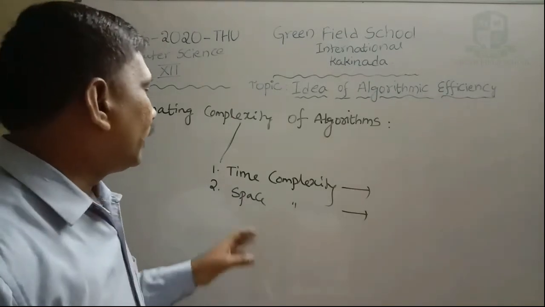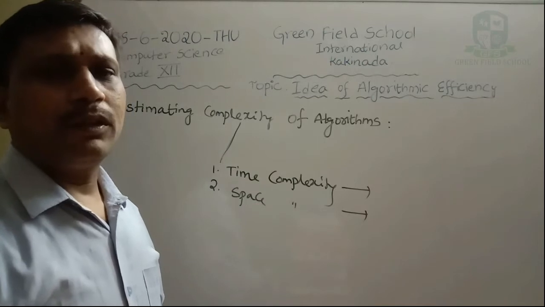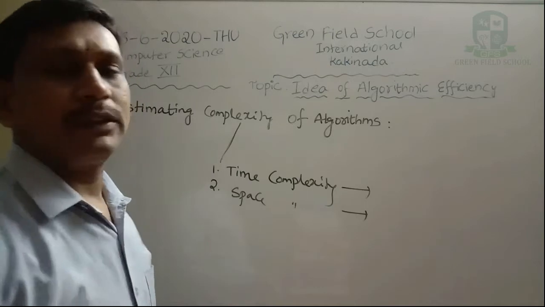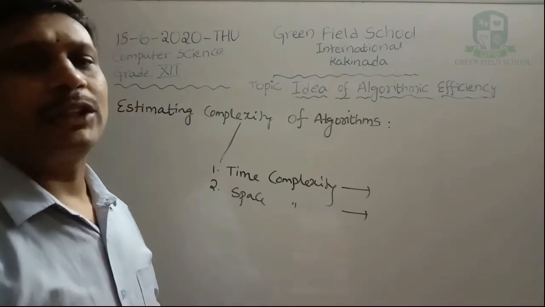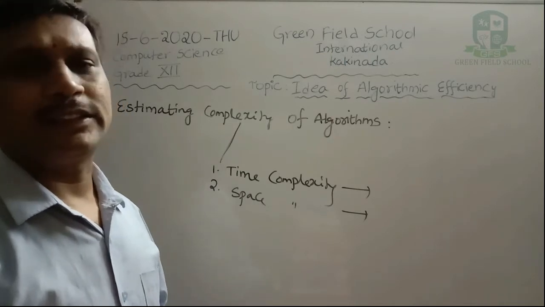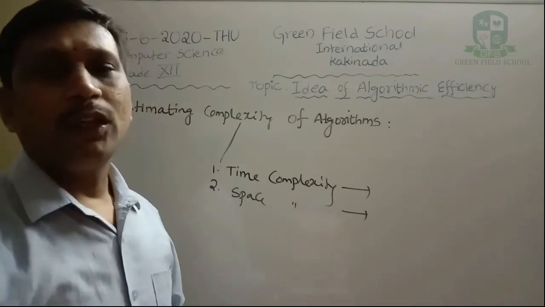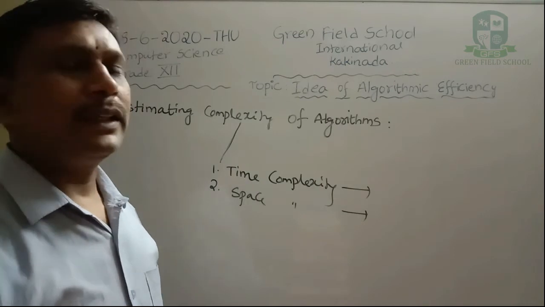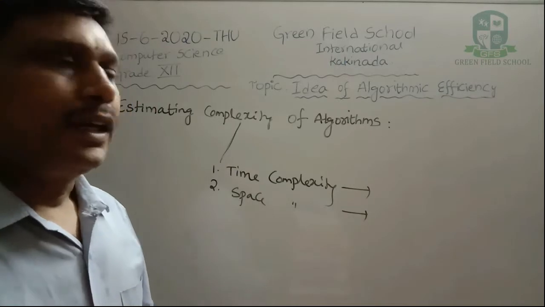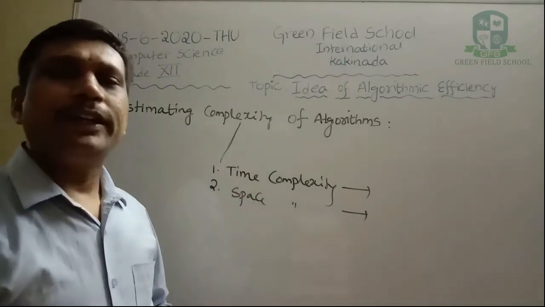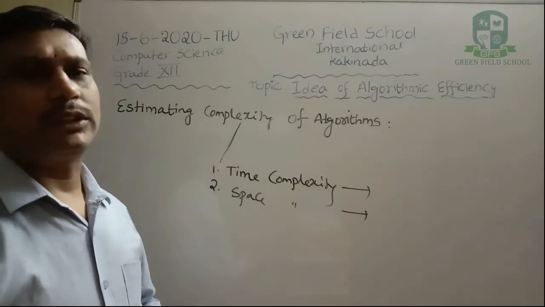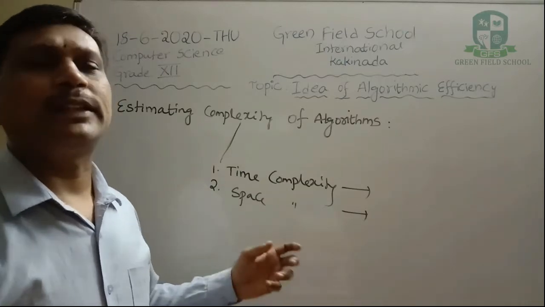Every algorithm consists of a sequence of steps. All these steps, or statements, are stored in memory. So all the statements or instructions contained in an algorithm are stored in memory, and when we execute those statements, the data or variables are created in memory. Those variables also occupy some space in memory.